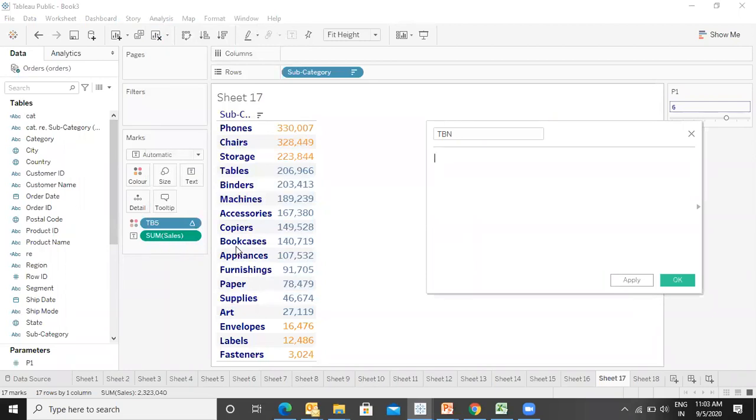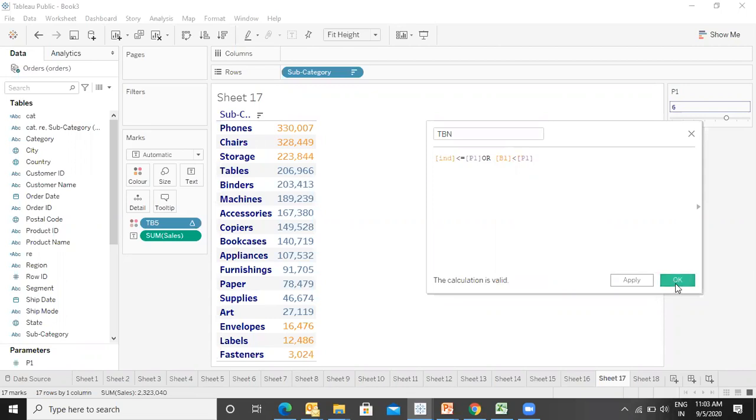I will say IND is less than or equal to the parameter P1, or B1 is less than the parameter P1.